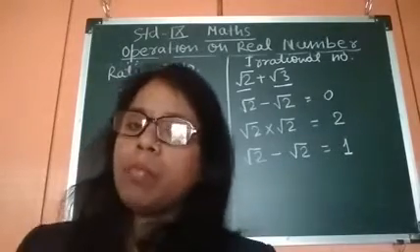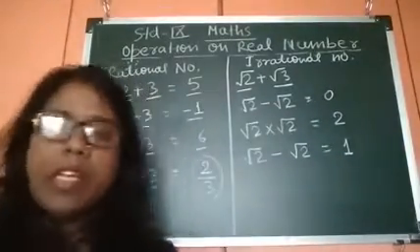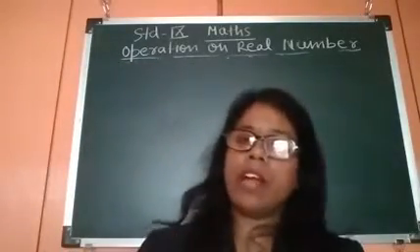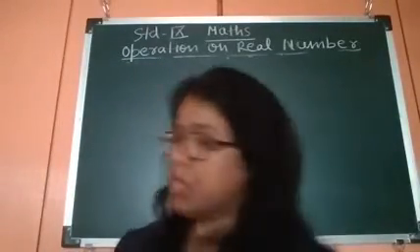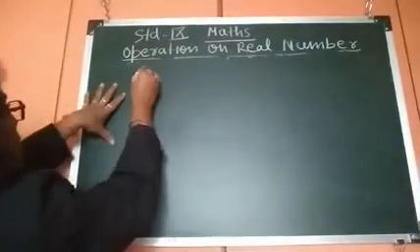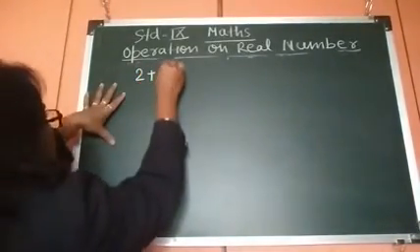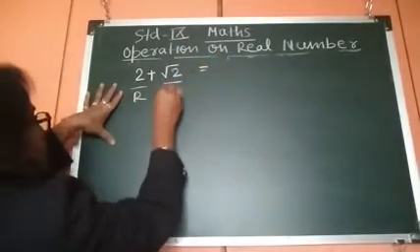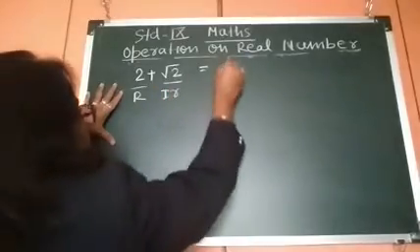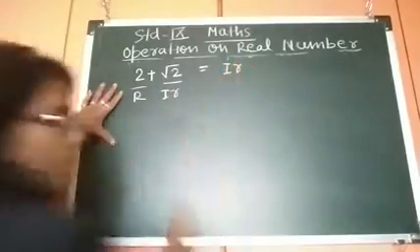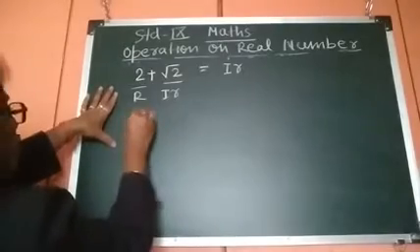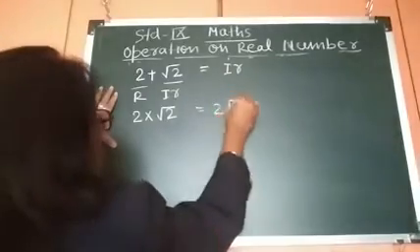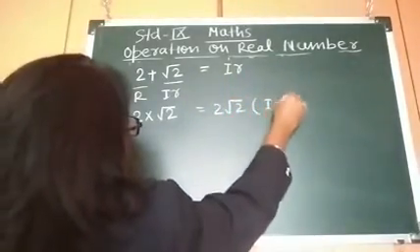Fine. Apart from that, we will know some other properties. Just see. Now we will take a combination of rational numbers and irrational numbers. So I am taking a rational number 2 plus an irrational number root 2. One is a rational number, the second one is an irrational number, but the result is an irrational number. Fine. Now 2 multiplied by root 2, same, 2 root 2. This is an irrational number.